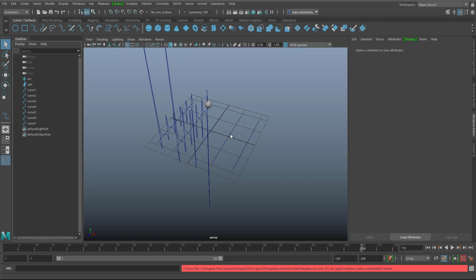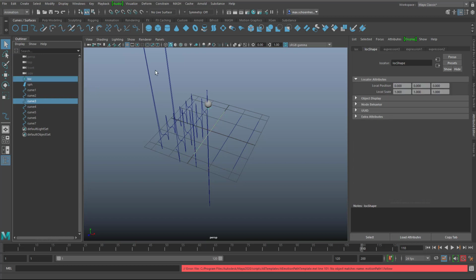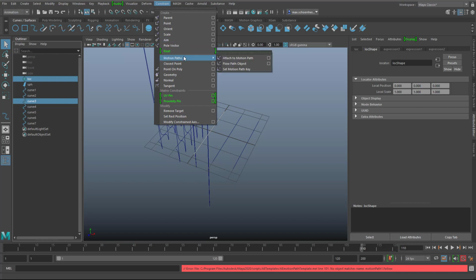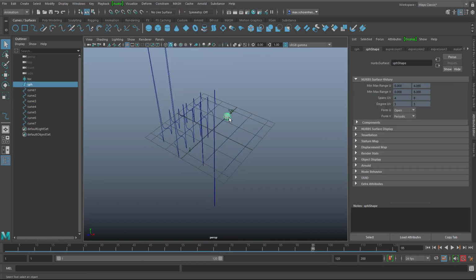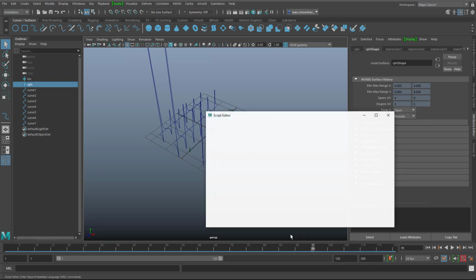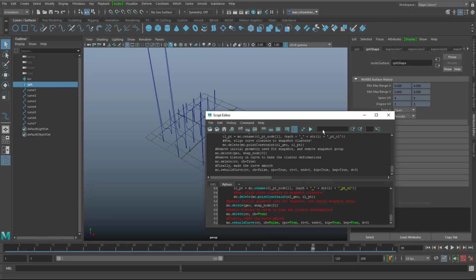So we free the locator from that motion path. Now we select the curve number 3, and with the control key the locator, and we constrain the two of them. We select the sphere now, and from that sphere we want to create a curve. We execute the script,